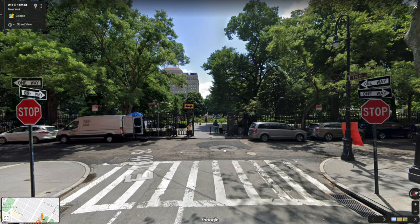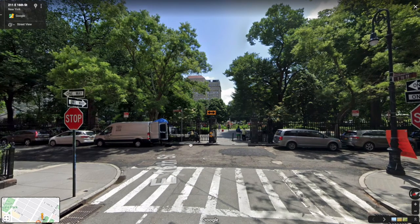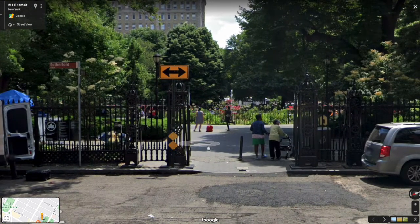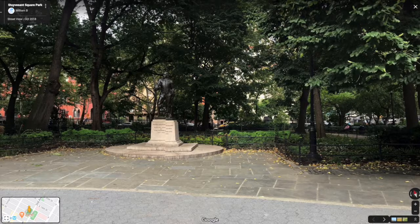But this is called Stuyvesant Square Park. It's a park cut in the middle by 2nd Avenue, so it has 2 halves of the park. This is actually the oldest cast iron fence in New York. It's very, very nice. You can see sort of a lively day in the park here with the fountain going on. And I'm going to cut to a picture inside the park where we can see a statue of Peter